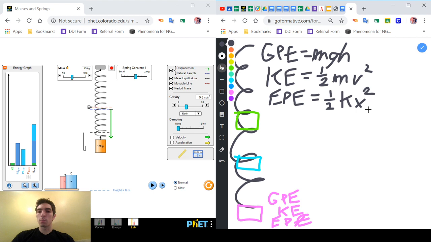And then the displacement, I actually tell you at first what to set that to, just so that we're all getting similar answers. And so right now I've clicked pause. I'm going to bring out this ruler, though, so that I can actually measure the displacement vector. So this green vector that's shown up on the simulation on the left, that actually gives us our displacement. So I'm going to go ahead